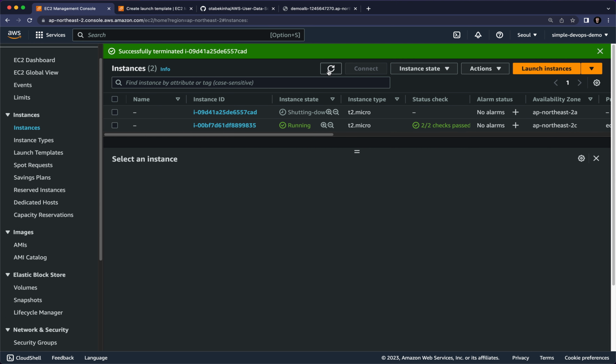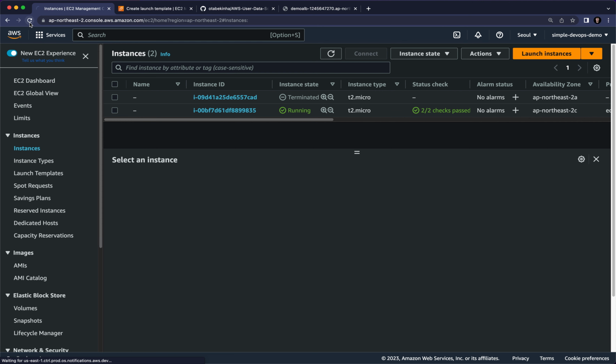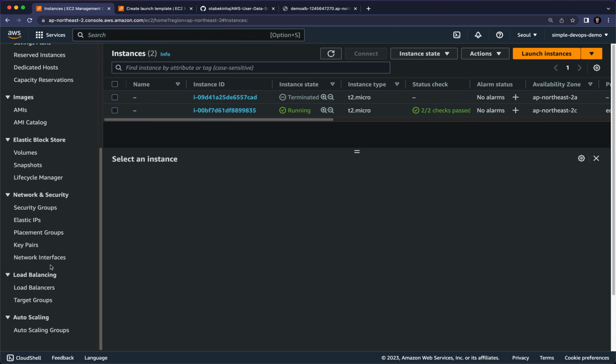If I refresh this, you will see now. Let's give it some time because it's still shutting down. Let's refresh this page. And we need to give more time, I guess. So basically what we are doing here is terminating one of the instances because, as you can see, the actual capacity is 2. We want to have one more instance. So we don't have to manage it, because we have already configured autoscaling groups. So it will manage it for us